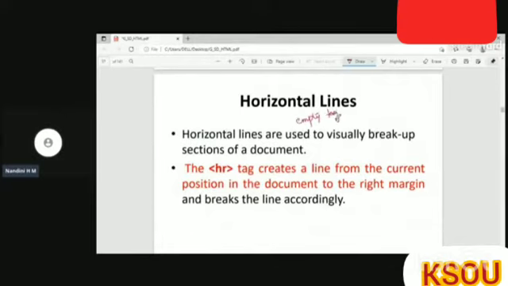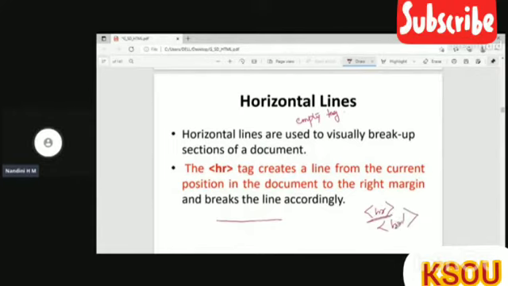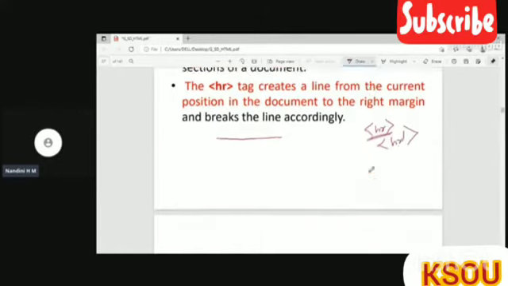Empty tag. Okay. So we use this tag in order to create a line. In order to create a line, we use the HR tag. You can use <hr> directly or as <hr/>, so it depends on the browser. Some browsers support only <hr>, but in some browsers you have to use / after the tag element.